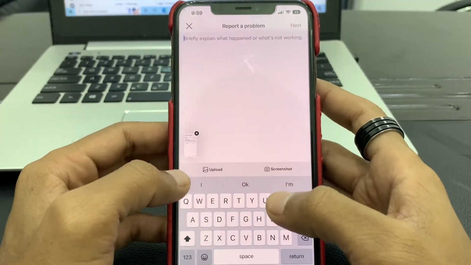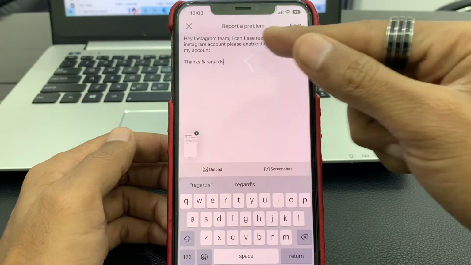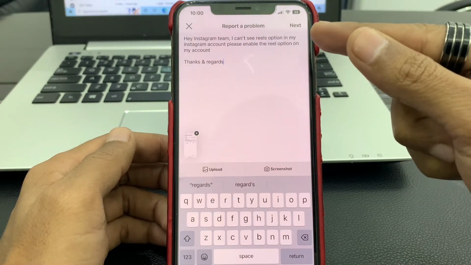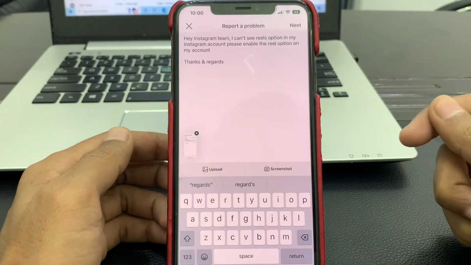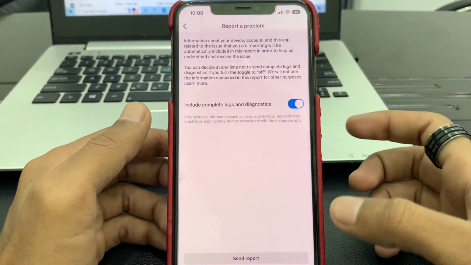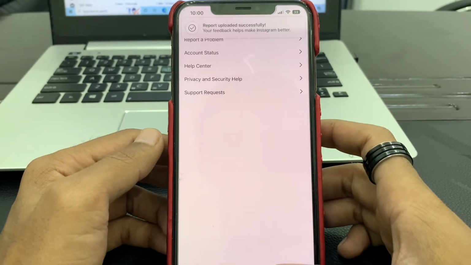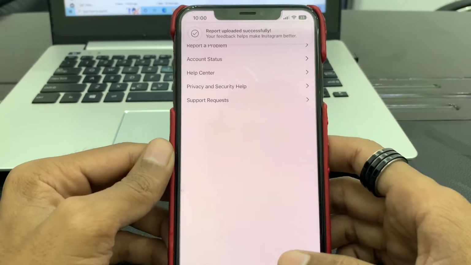Once you have done this, just let them know that you don't have that reel option here. So you can just write in detail and then simply click on next. Then click on send report. So as you can see, the report is done. So once you have sent the report,